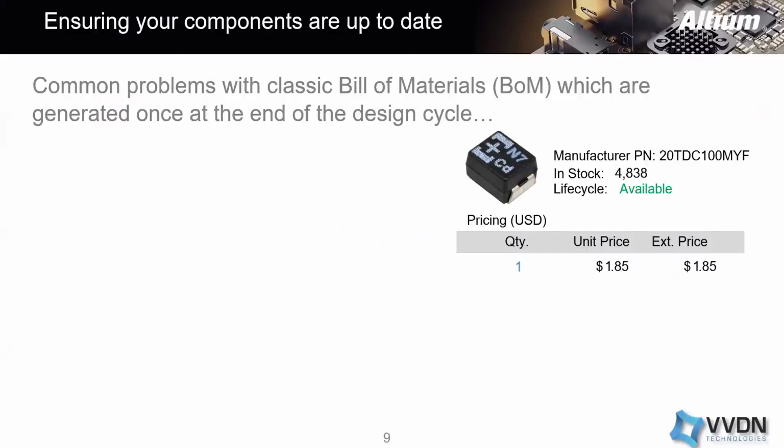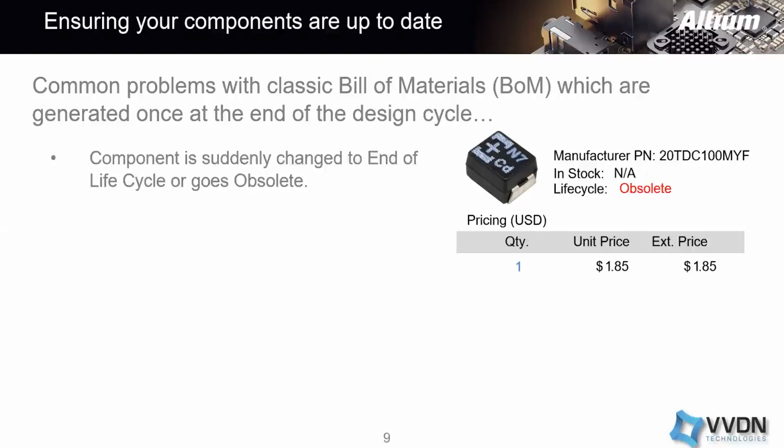The next topic we are going to go over in this presentation is Altium Designer's dynamic bill of materials. As you know, in Altium Designer we already have Active BOM features for bill of material management. Through these Active BOM features, we can see our components' life cycle, so is it available or not? And we can check if any component's life cycle goes to obsolete,